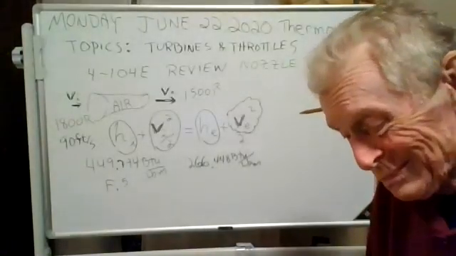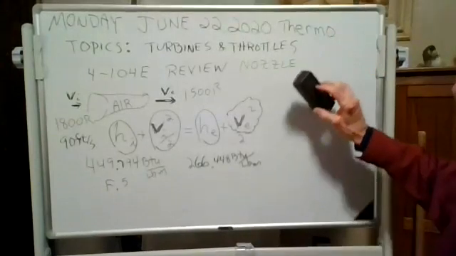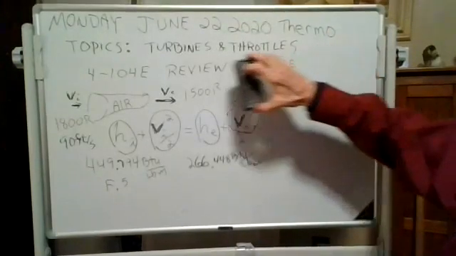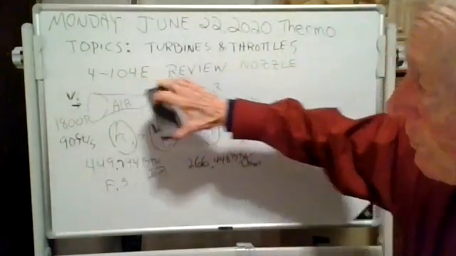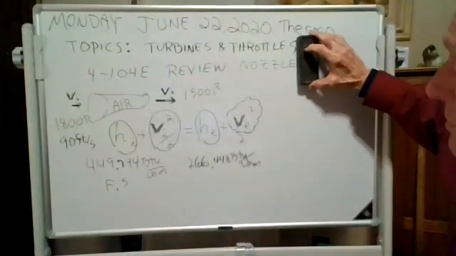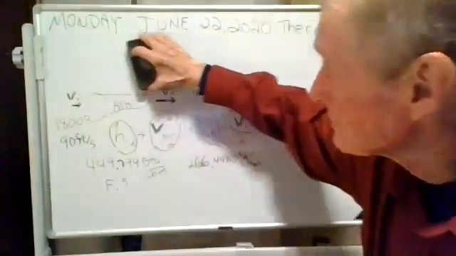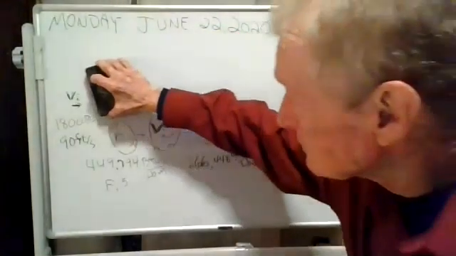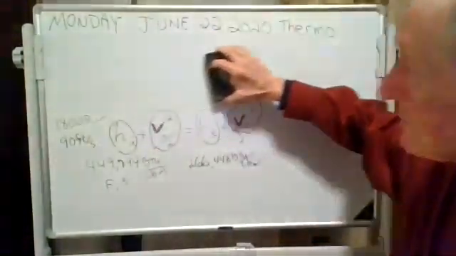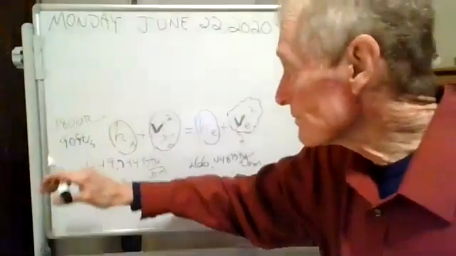All right. Well, let's go through that again. I need this room here. Now we're going to study turbines and throttles. Right now we're reviewing problem 4104E. So let me make some room here and we'll write this out. Okay, so here we go. We've got